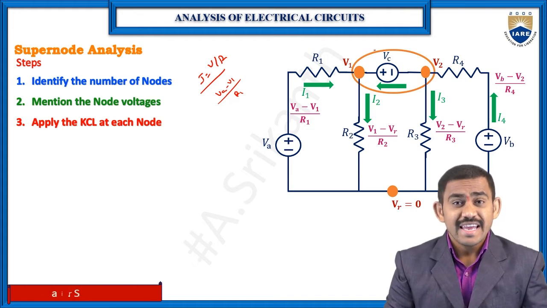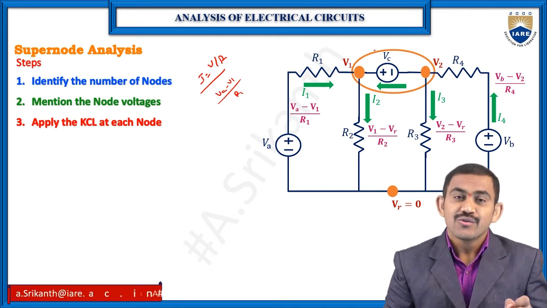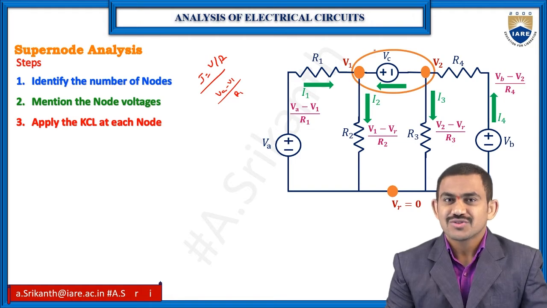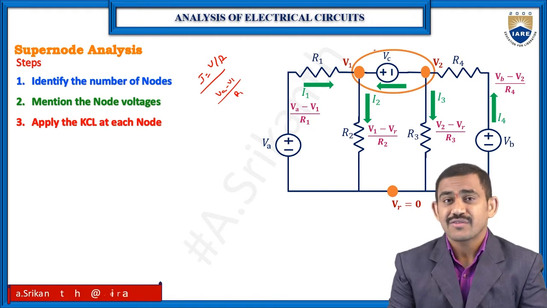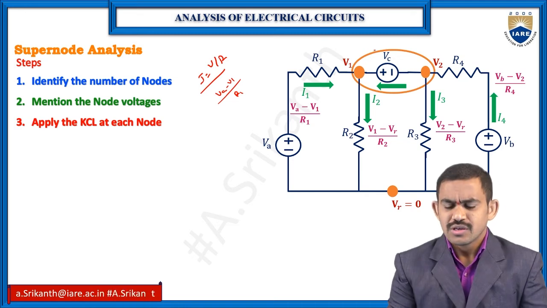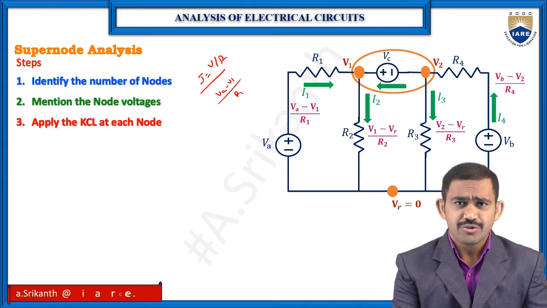Now, any equation for your ideal voltage source? Yes, same as your mesh analysis, we have ideal current source equation. Here also we have the ideal voltage source equation. So how will we write the equation now? Depending upon our current direction, which current direction you want to follow. So now I want to follow this direction, negative to positive.